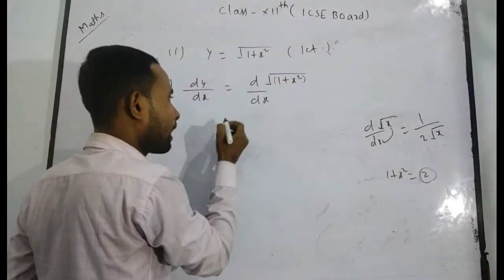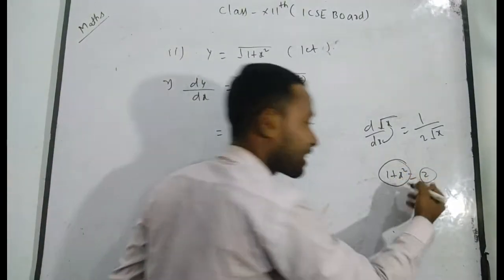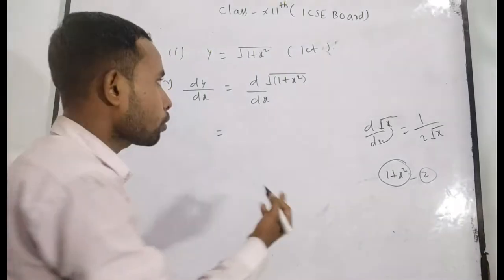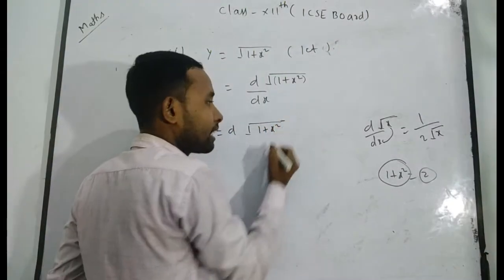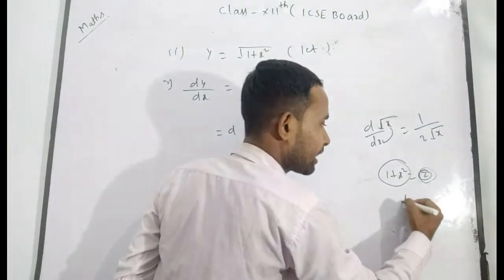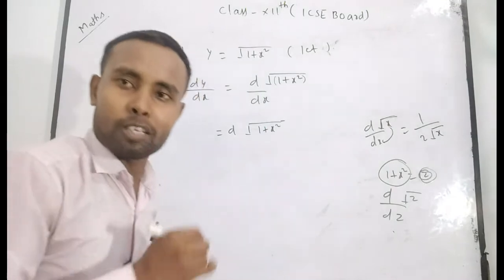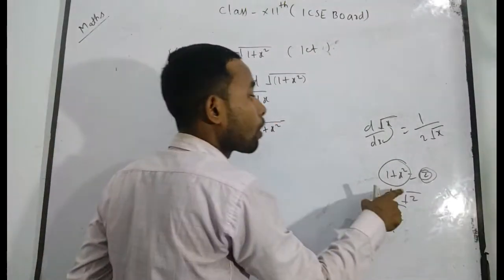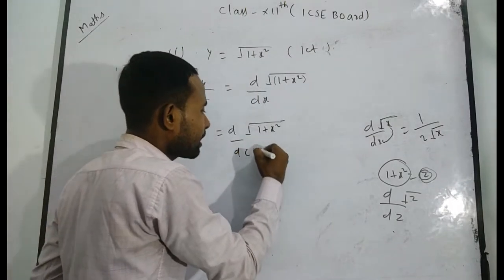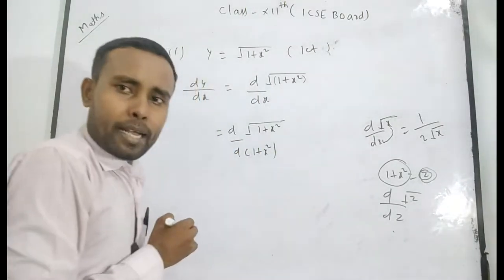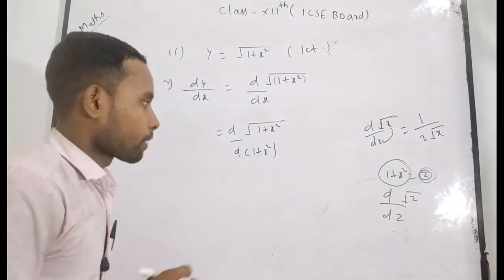So now I want to tell you again, here 1 plus x square is equal to z. So there should be root under 1 plus x square. Here root under, suppose that this is z, then it will be root under z. As you know that root under z is only differentiated with respect to z, where z is equal to what? 1 plus x square. So now I again tell you, can you write here this term y, because this term can be differentiated only with respect to this term.